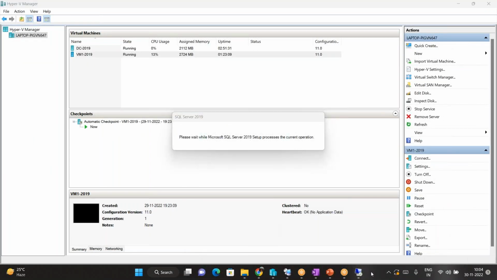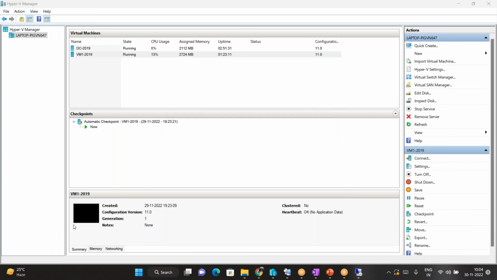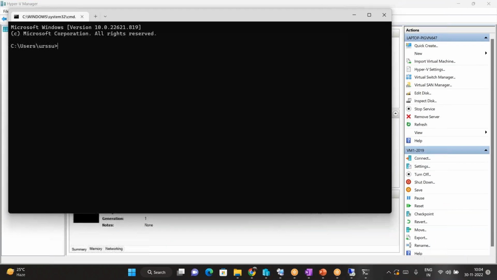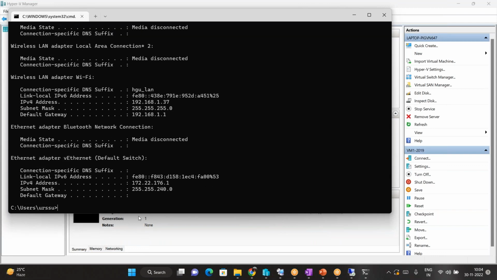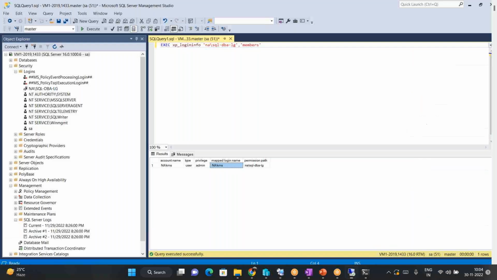I need to go to Run and type CMD. What is the IP address of my Wi-Fi? ipconfig. So this is my Ethernet IP address, sir. This is my Ethernet default switch. Okay, this is my IP address. So what I did means